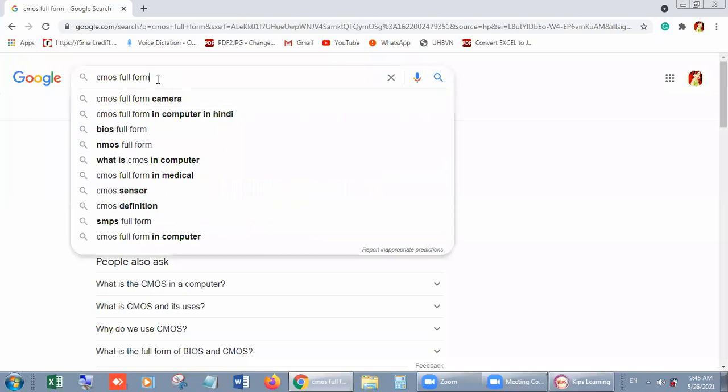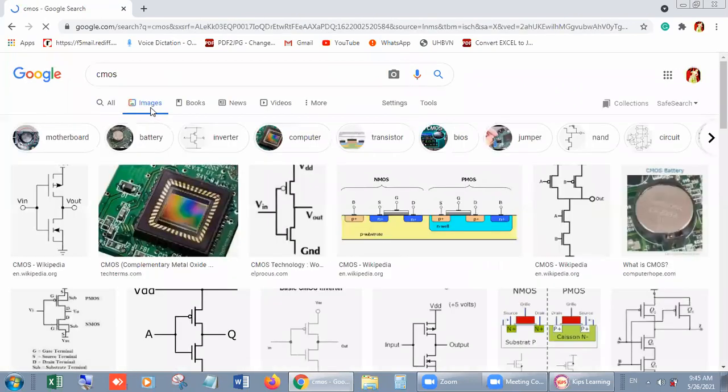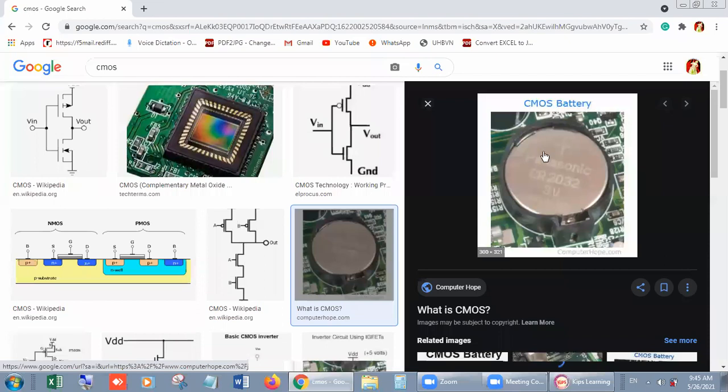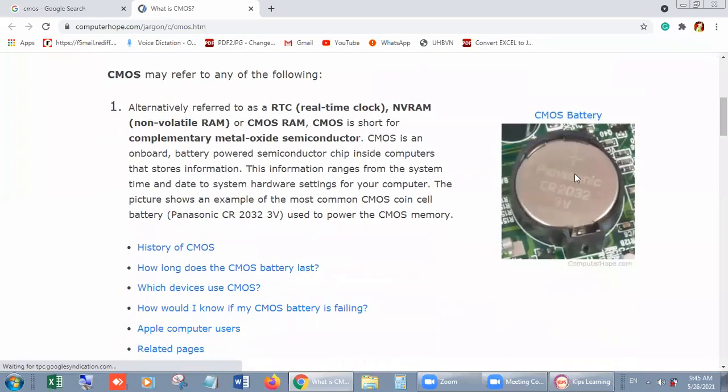I am going to show you the picture of CMOS. Look, students, this is the CMOS. Look here. This is the CMOS battery, which you can see inside this one.